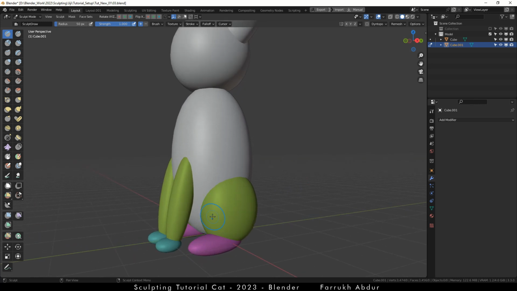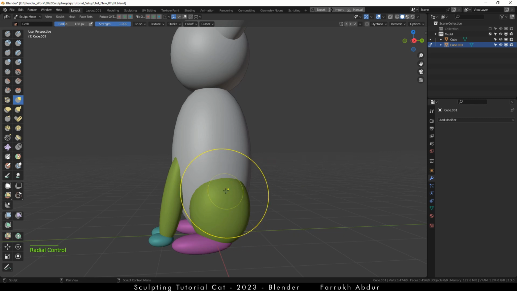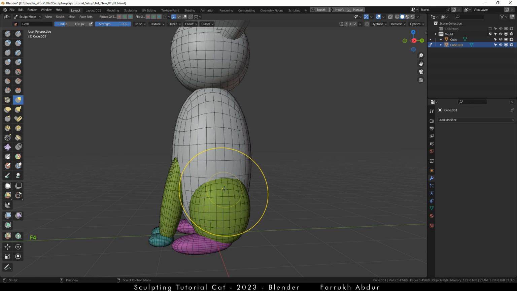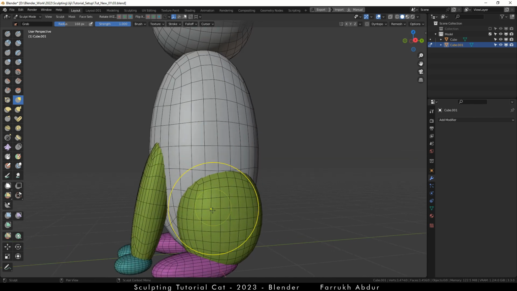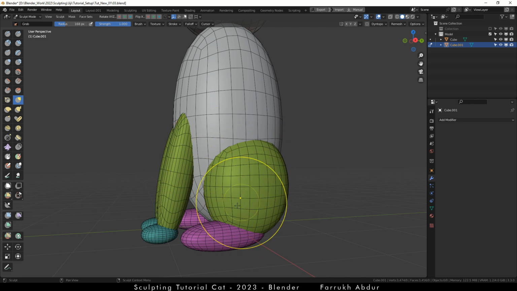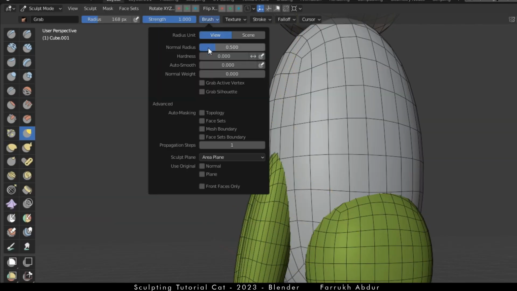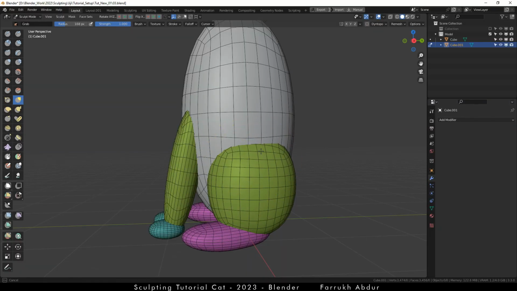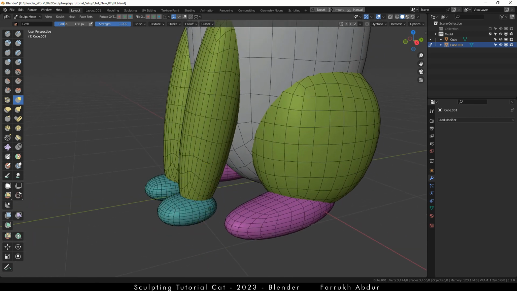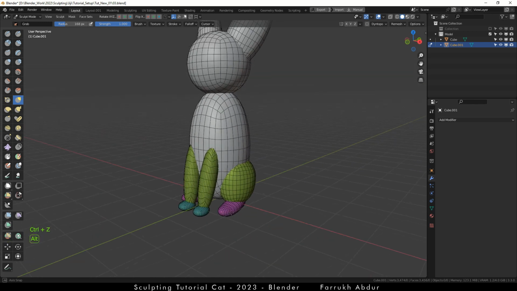In case you see some different color applied on the objects, it means that Blender has assigned facets to these objects. Facets allow a specific object to be sculpted without affecting the other surrounding objects. For instance, if I turn on the wireframe and using the grab brush try to move points, you can see currently it affects all the area under the brush. If we turn on the facet setting under the brush menu and now try to move the points, the brush will only affect that colored part under it. You can use this feature if you want to further refine the